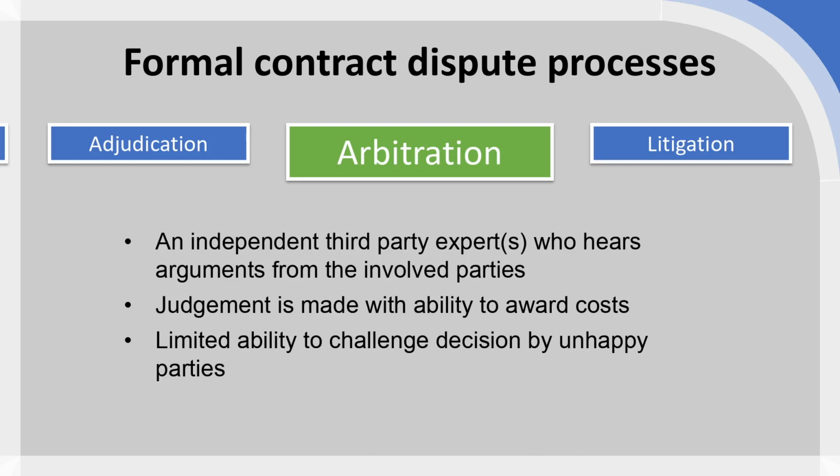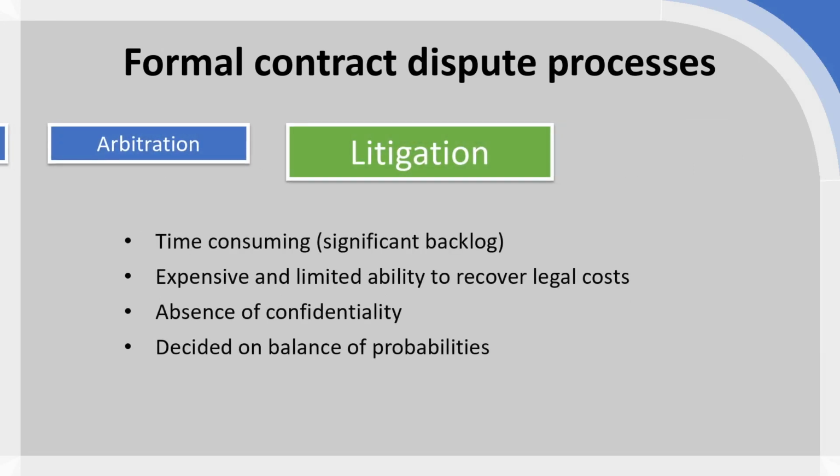So arbitration is a formal process, and there are a significant number of situations where it is a required process itself. So in many cases, the binding judgment by the arbitrator will end the dispute and there'll be limited abilities to appeal. But where there is an ability to appeal, or if there is any kind of scope for litigation, where one party clearly wants to push forward for litigation, then this would be the nuclear option, so to speak. This is the highest form or the most formal form of contract